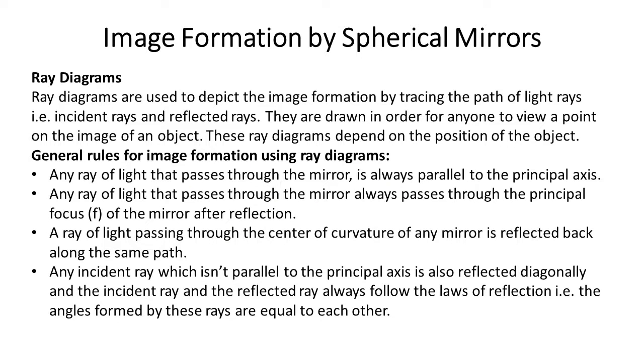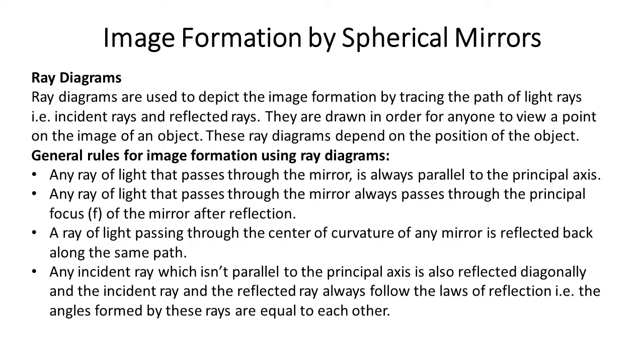Now, for the images formed by a spherical mirror, just remember that when a ray of light passes through the center of curvature, it is reflected back along the same path. And when a ray of light hits the pole of the mirror, it reflects at an angle, obeying the law of reflection, that the angle of incidence is equal to the angle of reflection. You could say the principal axis acts as a normal, and this angle